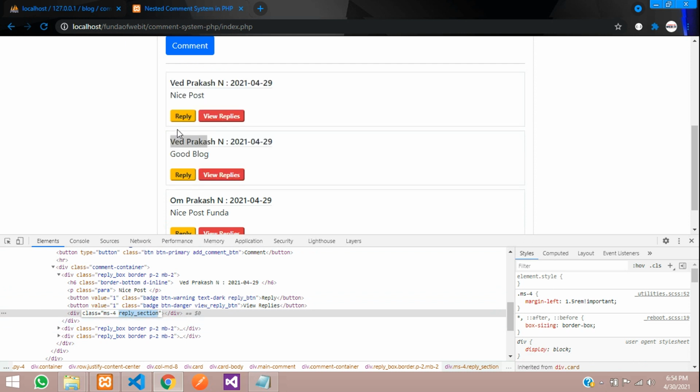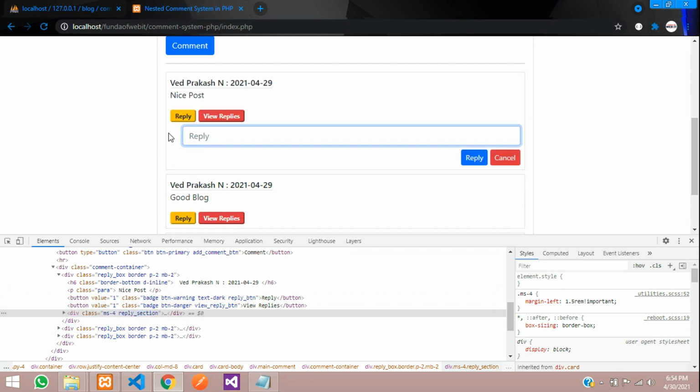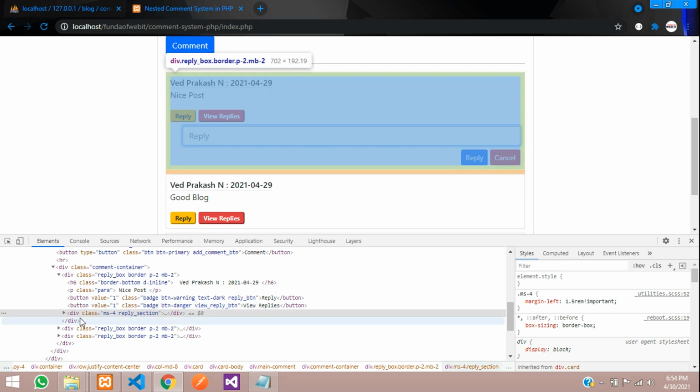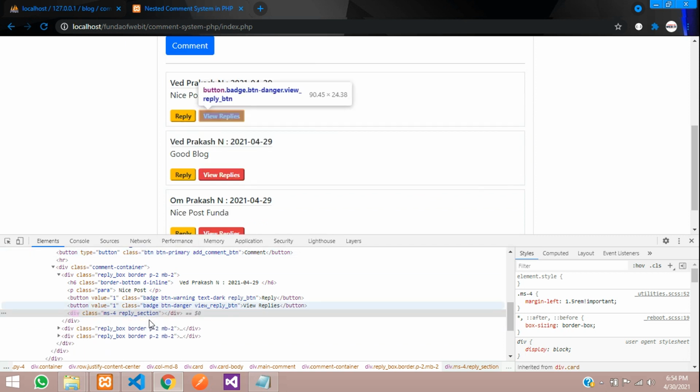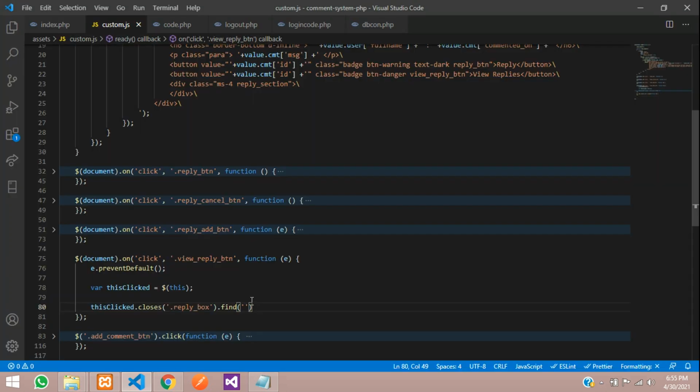So let's copy that. When we click on this reply, on this div only we have created. Okay, cancel, so it's gone empty. So on the same div section I'm going to view replies. Let's get back, give a dot and reply section, and inside this we are going to use the append function and append the HTML things,